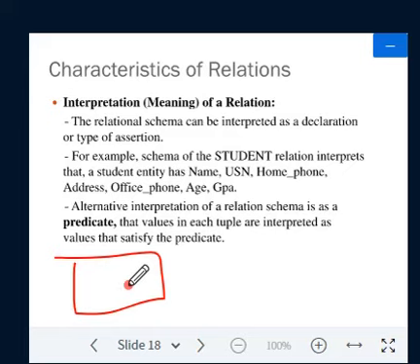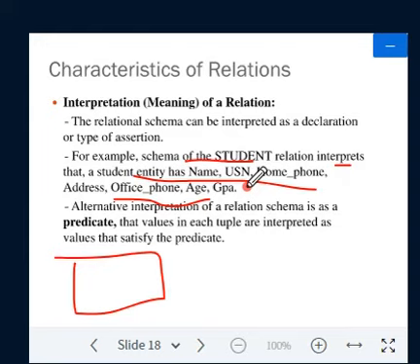The schema of the student relation interprets the student entity as name, USN, home phone, address, age, GPA.